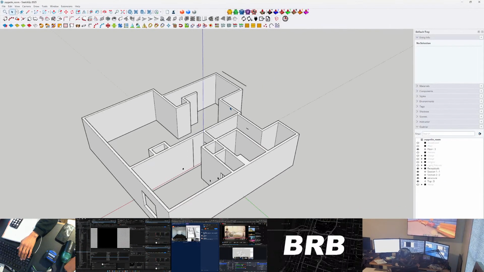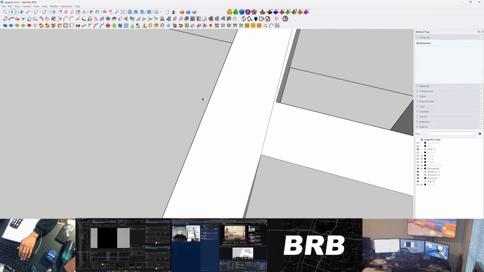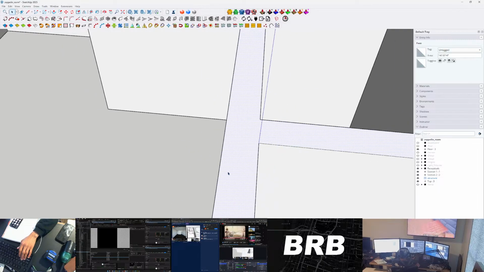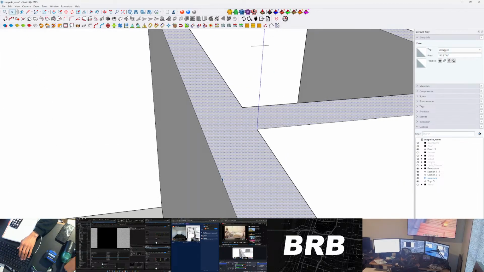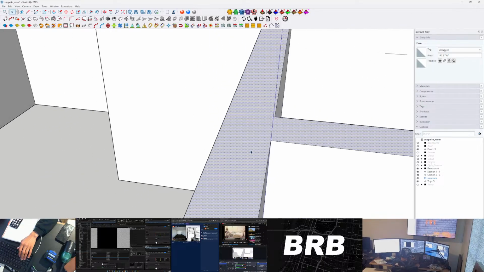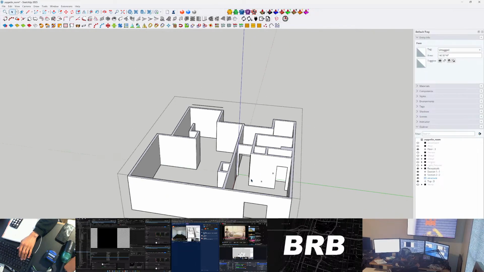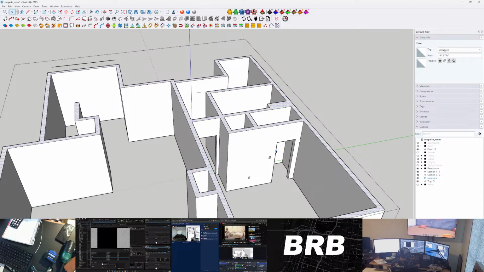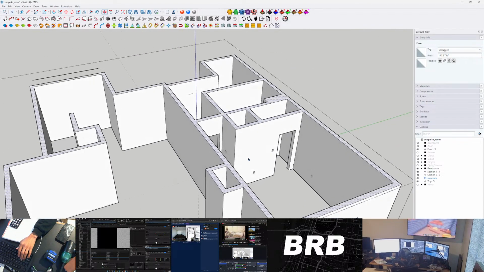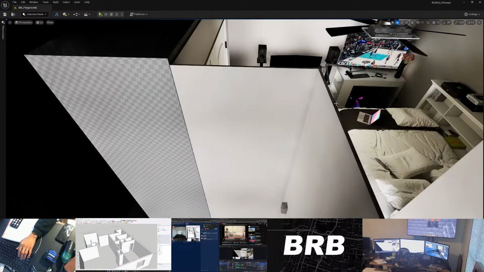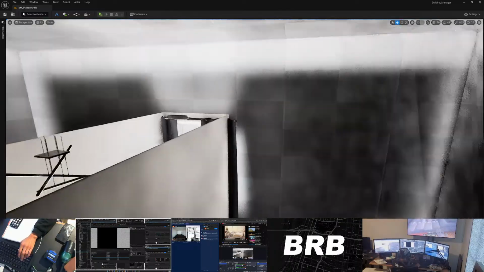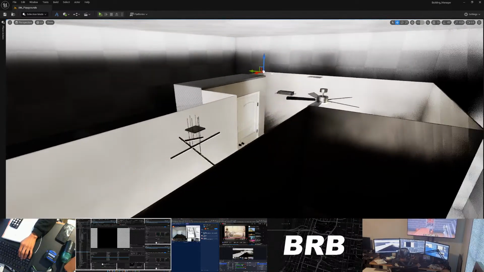So this thickness right here is meant to be the sheetrock on one side, the 2x4 studs, and then the sheetrock on the other side, all as one solid mesh with no separation. None of the rooms are separate. The walls, floors, and ceilings are all going to be connected, and that'll prevent me from having to resort to building my environment in a way that everything needs to be closed up in a box to prevent light from